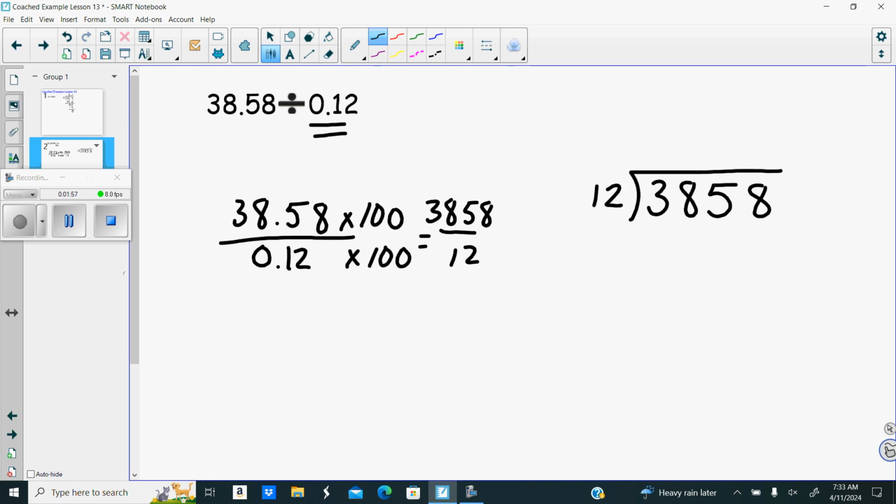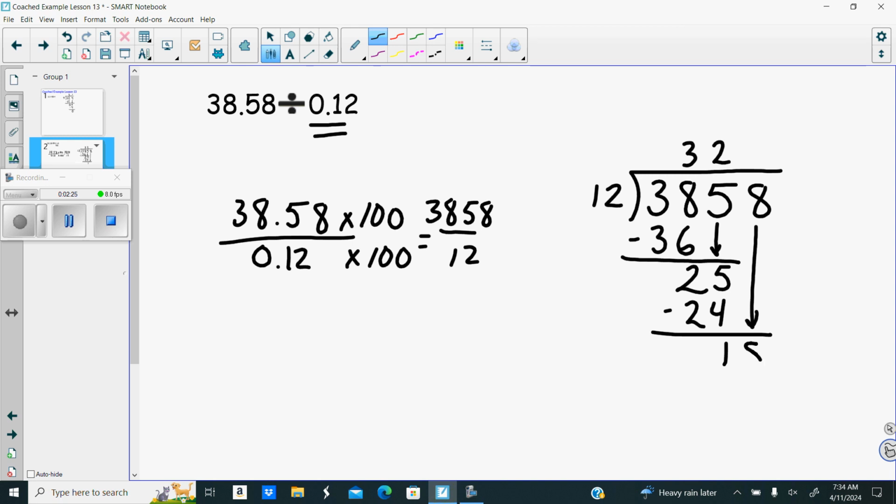So if we divide that out, 12 doesn't go into 3, but it does go into 38 three times. We multiply 3 times 12 is 36. Subtract and bring down the next digit and repeat the process. 12 goes into 25 two times. Multiply 2 times 12 is 24. Subtract, bring down the next digit, repeat the process. 12 goes into 18 one time, multiply,